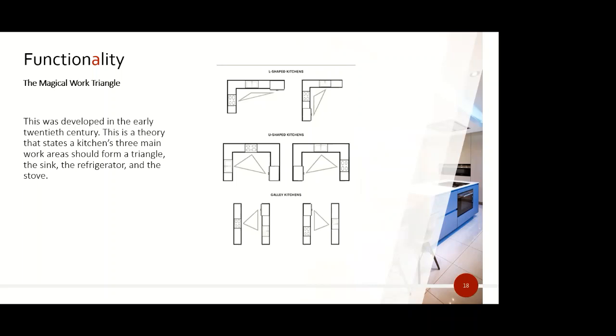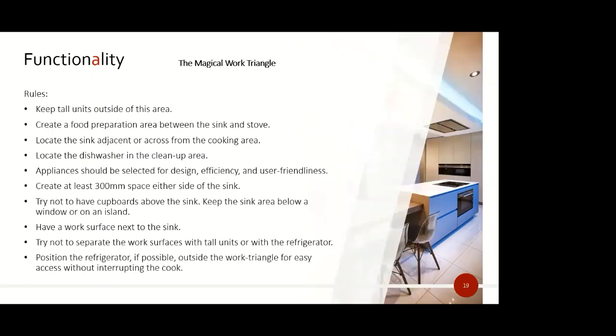And this triangle, we need to keep as natural flowed as possible and also as small as possible, but we are limited to the shape of the kitchen as to how this will be applied. And now we're going to look at the different shapes as well shortly. On the magical triangle, what is also very important to remember is to keep your tall units outside of this